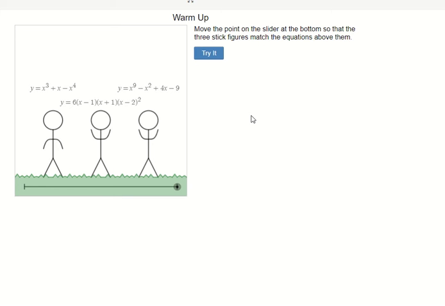All right, so this first one is all about end behavior, right? We can't see what's happening in between. We can just see what their arms are doing at the end. So for x cubed plus x minus x to the fourth, the leading coefficient and the degree of the highest degree term, it's a negative leading coefficient, and the highest degree is 4. So then if we look at our notes on end behavior,